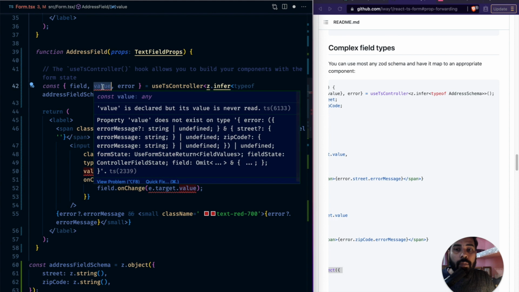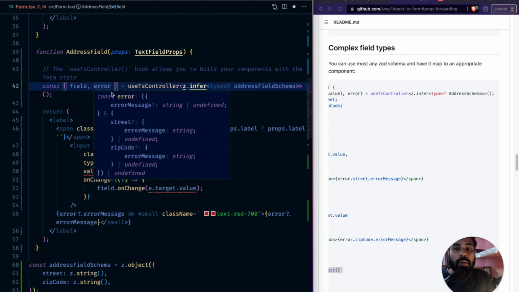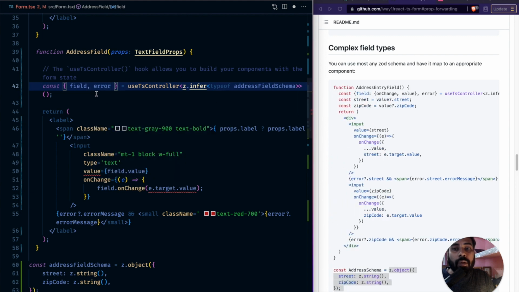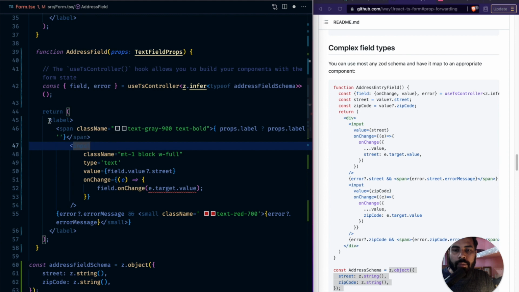Field value error is all right there. Now value, I was trying to access it from the wrong place. The value is available with the field only, as you can see it here, right? But now we have the actual object being passed here, right? So this could be the street, and similarly we'll have another one for